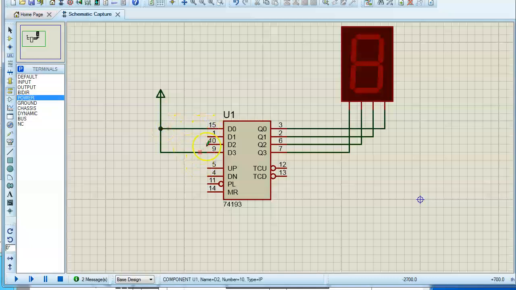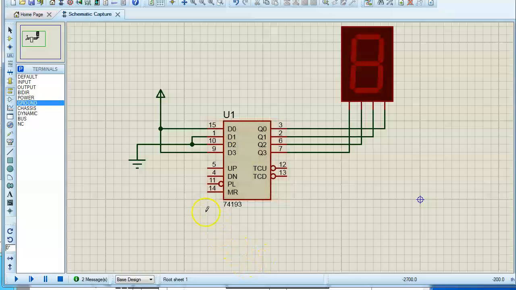Okay, this means 1, so we need to connect here 0 0, then it has to be 1 here. Again, I'm going to take a ground pin and connect these 2 pins to 0. That means we now configure number 9, which is supposed to be loaded into the system.